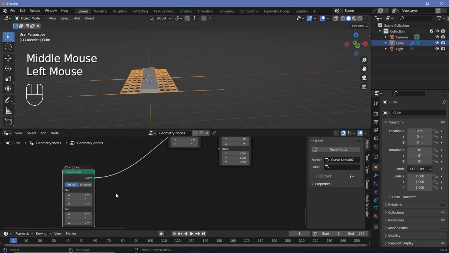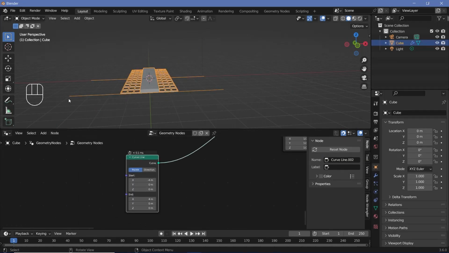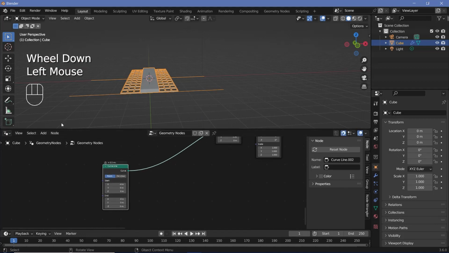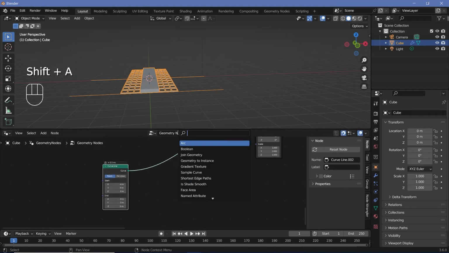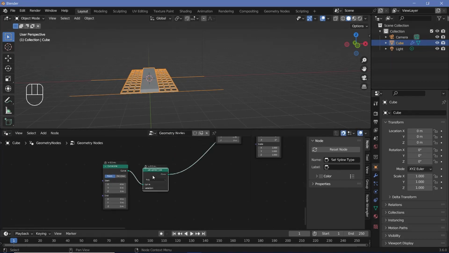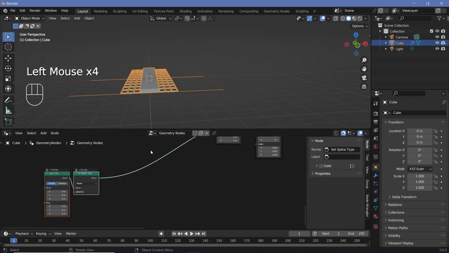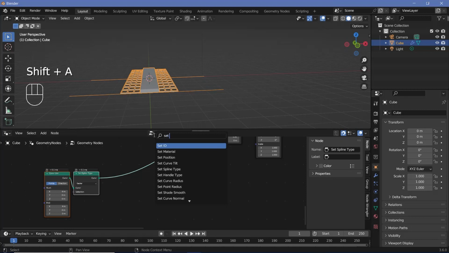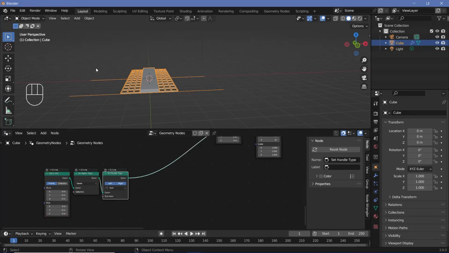Select our geometry node object again, and now the first thing is we need to convert this to a Bezier curve so that we can actually get access to the handles. So press Shift A, search for set spline type, and this time change it from poly to Bezier. Now we have to actually manipulate the handles. So I'll press Shift A, search for a set handle type, and since I want this to just go like that,